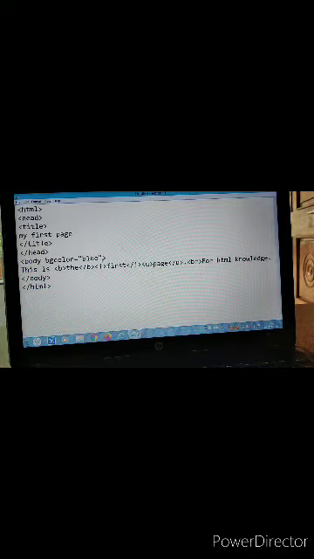Right now you got the idea about the bold, italic and underline tags. The BR tag is also there. Now I want to draw a horizontal line between two parts of the web page. It will divide the web page into two parts with a horizontal line.